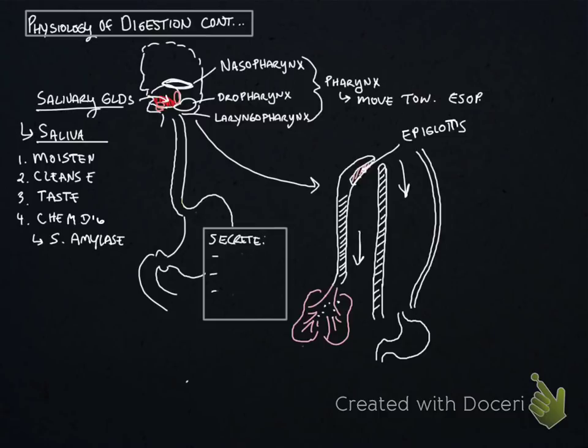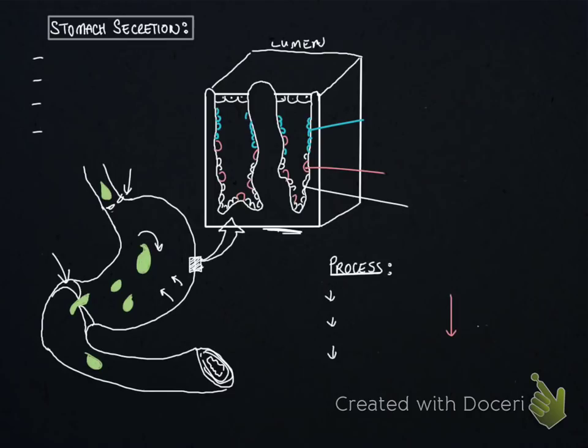All right, so as food moves down the esophagus, it becomes a bolus and then goes into the stomach. And the stomach secretes mucus, hydrochloric acid, and pepsinogen. All right. So now let's talk about stomach secretions. We just listed those off. The stomach secretes mucus,